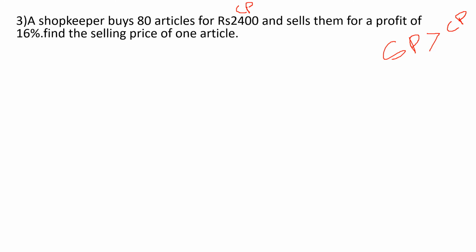Profit means, for example, you are going to a shop and buying a Cadbury's chocolate for 50 rupees, and you sell it to your friend for 60 rupees. You bought it for 50, you sold it for 60. So you're getting 10 rupees profit, because you spent 50 rupees buying the chocolate and your friend gave you 60. If the selling price is greater, it is profit.